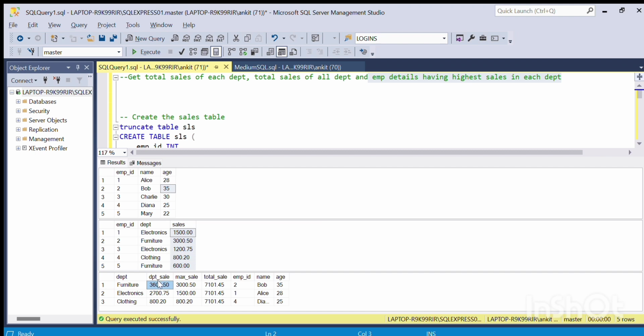So if you can see, the furniture department has made a sale of 3,600, and the maximum sale is 3,000, made by the employee Bob, right? Bob's employee ID is 2, and he is working in the furniture department. He has made the highest number of sales. Next comes employee 5, who is Mary, right? So in this way,